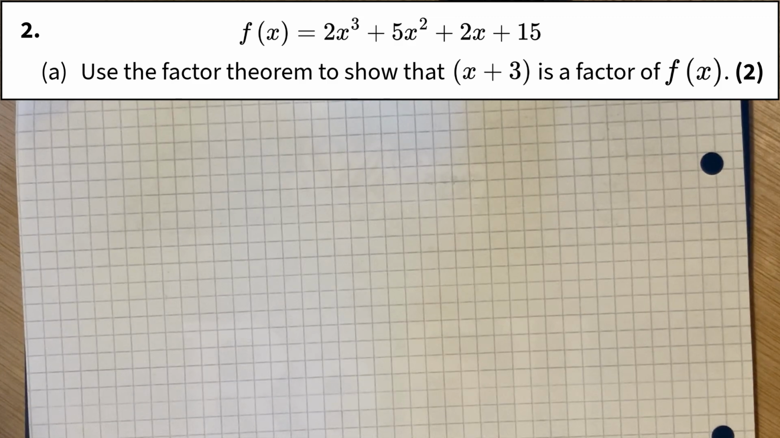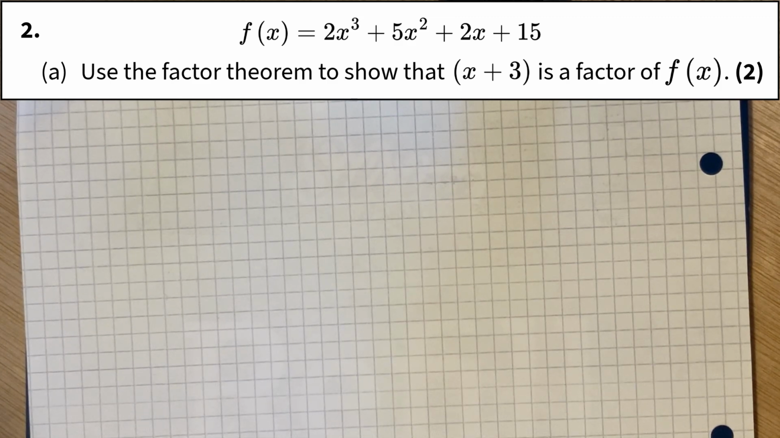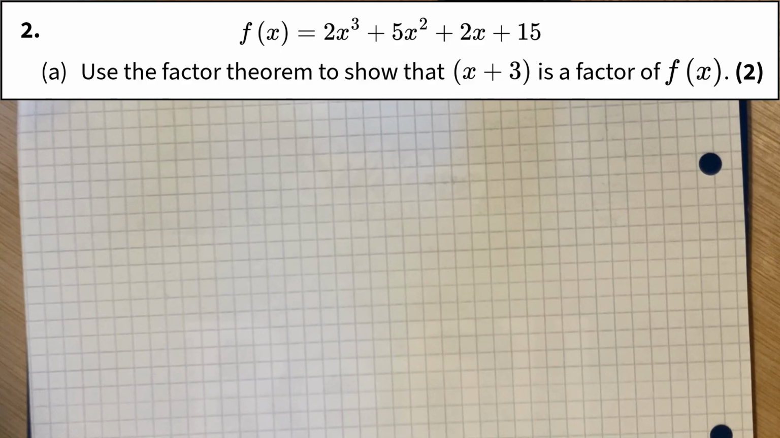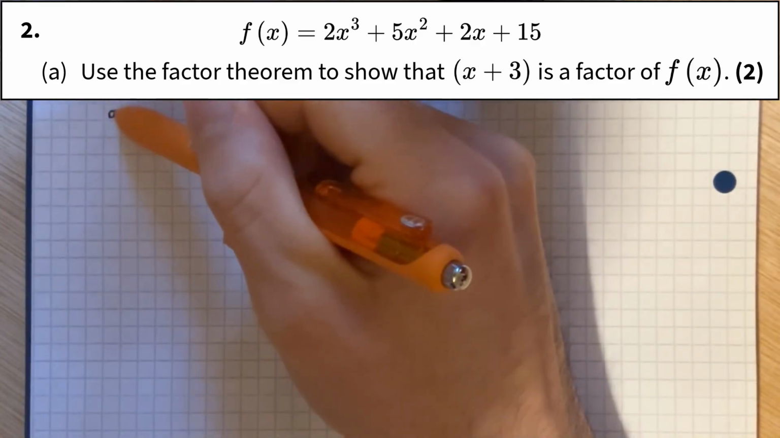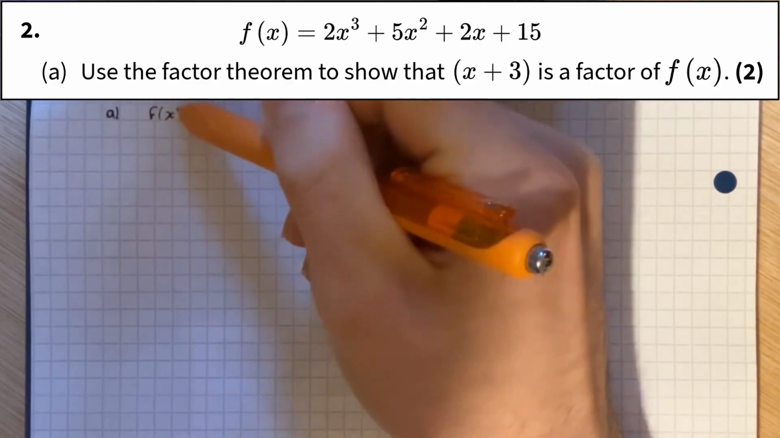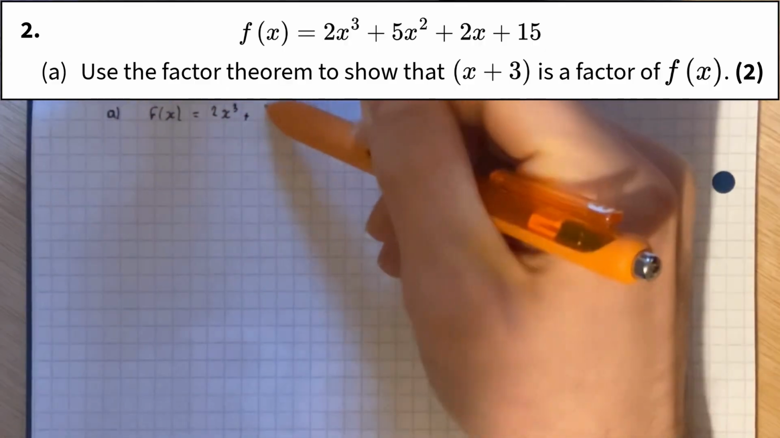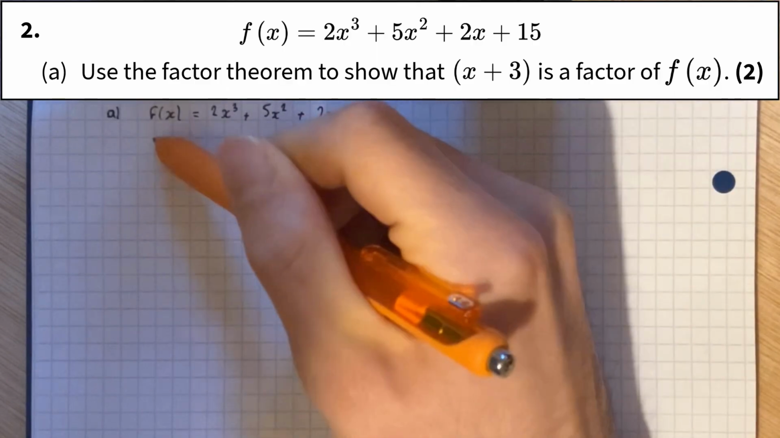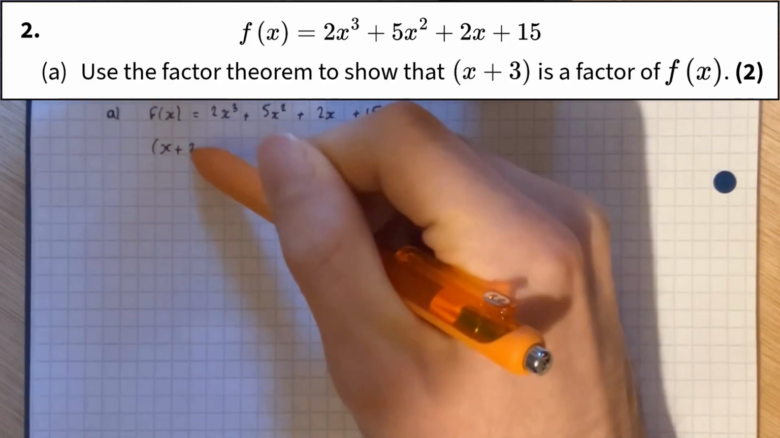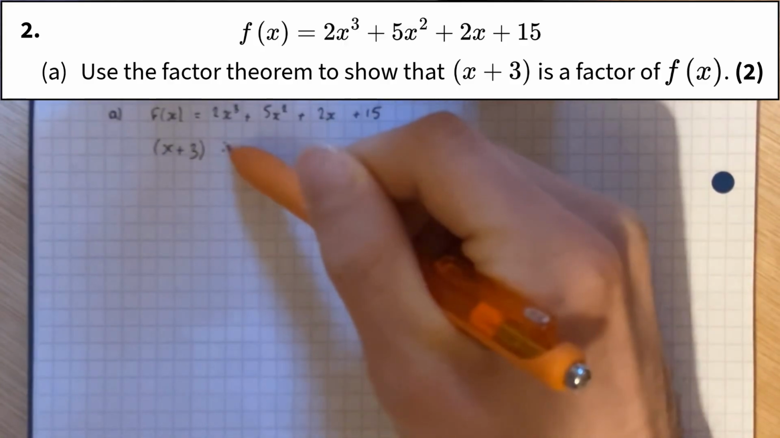We are given f(x) = 2x³ + 5x² + 2x + 15. We need to use the factor theorem to show that x + 3 is a factor of f(x). Let's quickly write out f(x). The fact that you need to know is that if x + 3 is a factor,